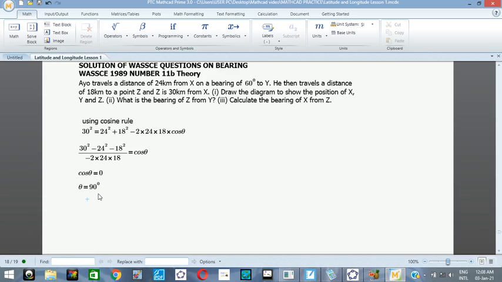Since theta is equal to 90, all you need to do next is write: therefore, the bearing of Z from Y is, okay, it's going to be 180